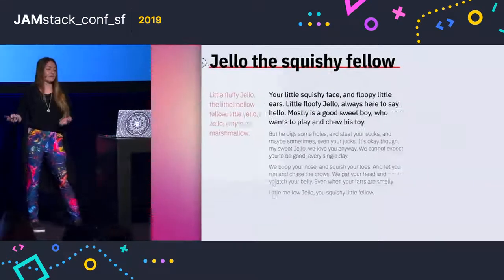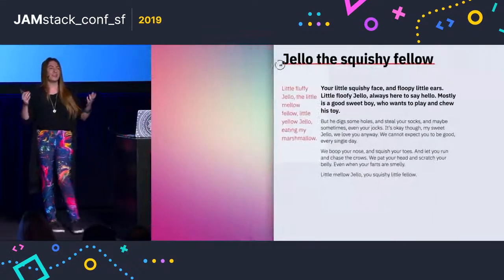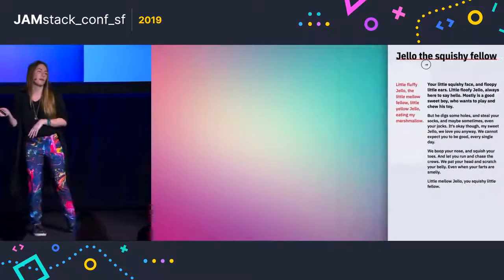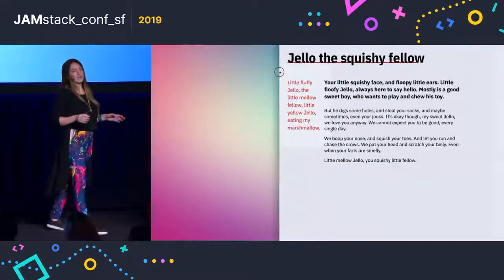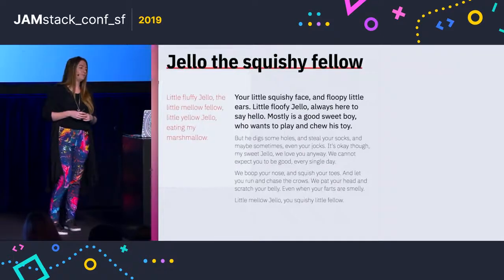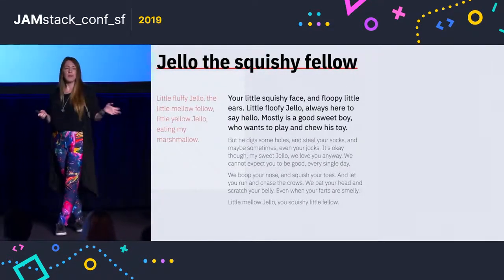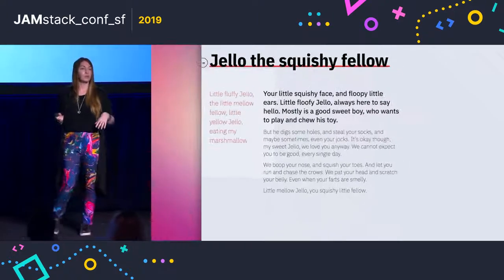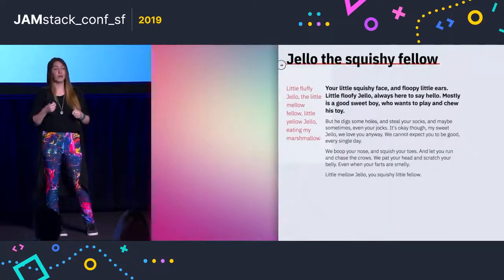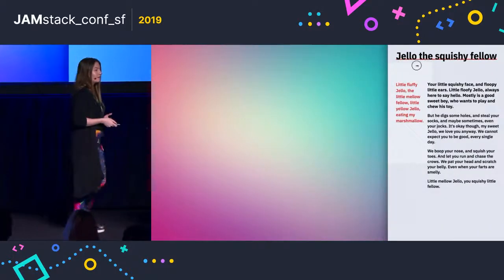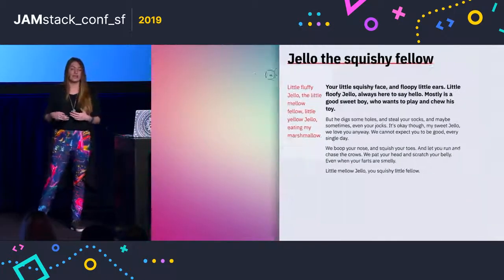Or another example is, you know when you have these beautiful designs and everything fits on very specific breakpoints, and then you build it and that just in reality doesn't work? With this example, as the viewport gets smaller, rather than having the headline wrap onto a new line, I'm reducing the width a little bit. And that means that I can maintain the integrity of the design and not lose any of that